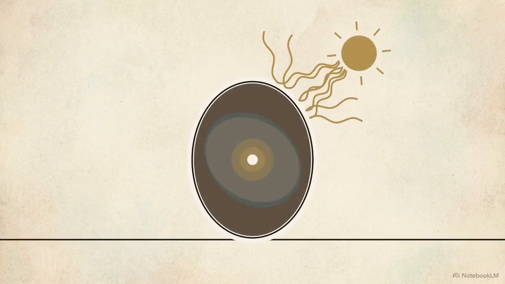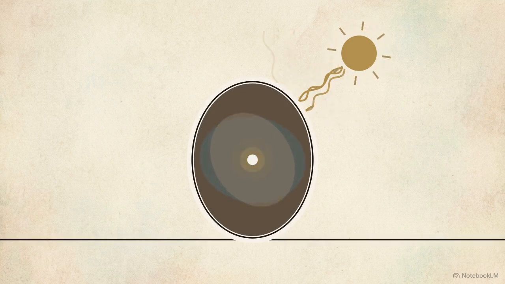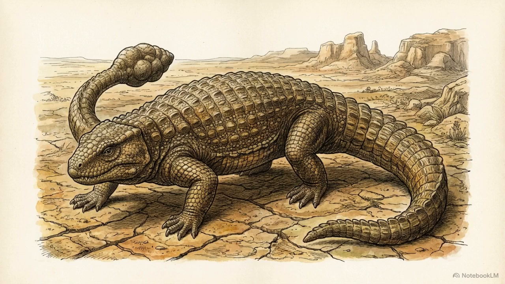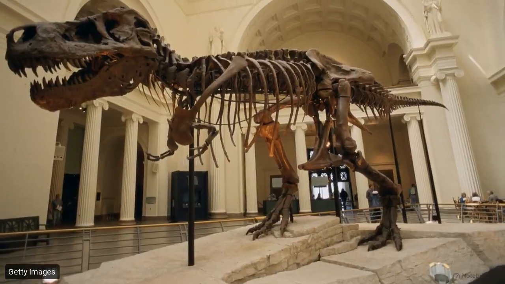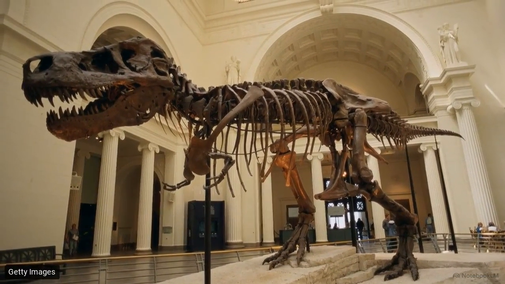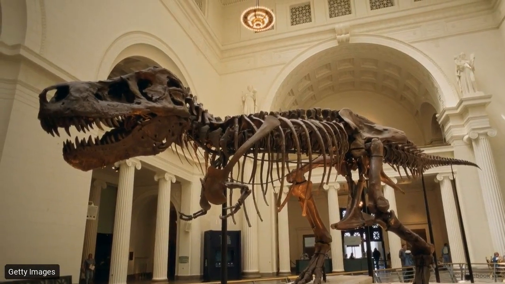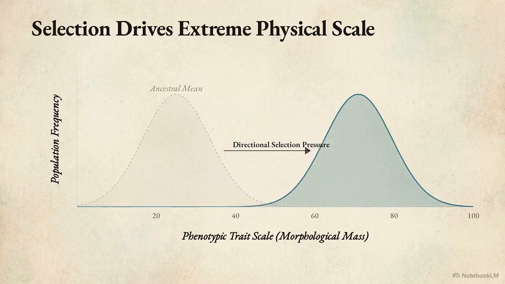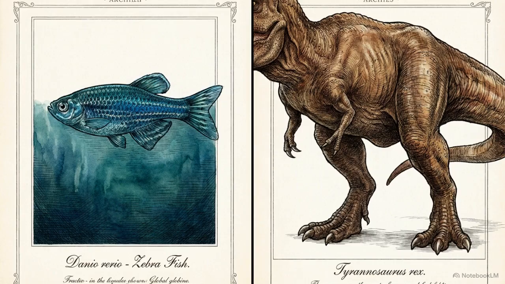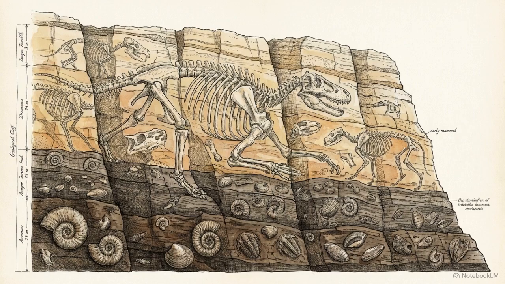Eventually, some developed the ability to lay thick-shelled eggs that wouldn't dry out in the sun, severing their final reproductive tie to the water and becoming fully terrestrial reptiles. This long chain of genetic deviation allowed reptiles to dominate the planet entirely. The fossilized skeleton of a Tyrannosaurus rex, standing nearly 20 feet tall with a mouth full of dagger-like teeth, shows precisely how far sustained directional selection can push a physical form. The leap from deep-sea fish to massive apex land predators is just the visible accumulation of countless broken mathematical ratios, adding up over deep time.